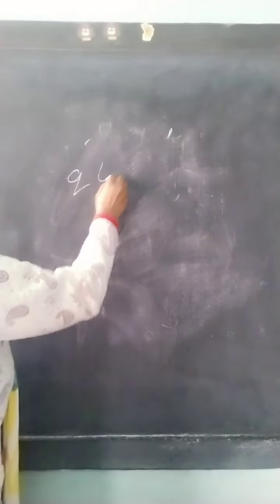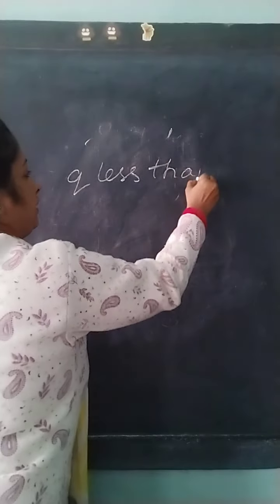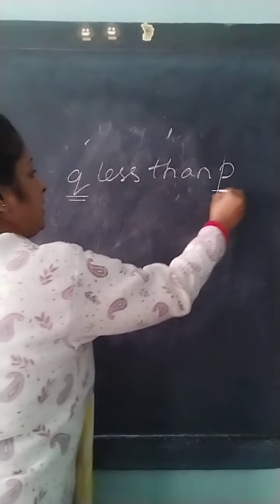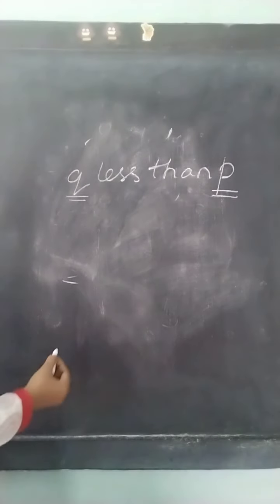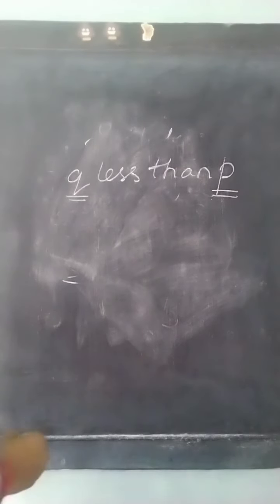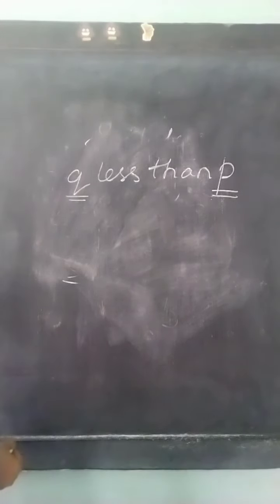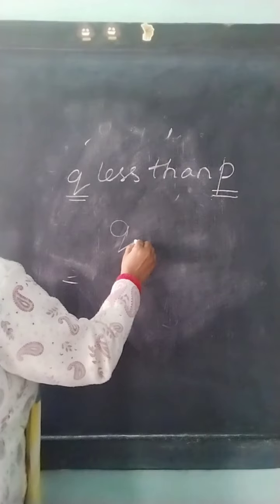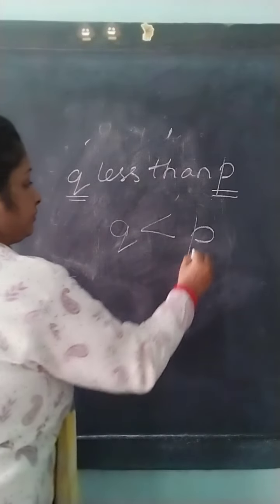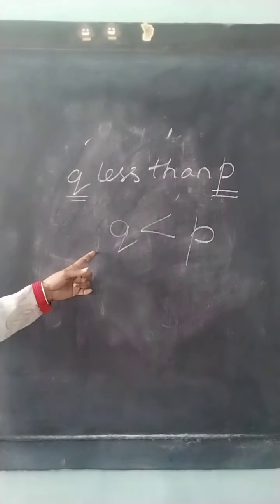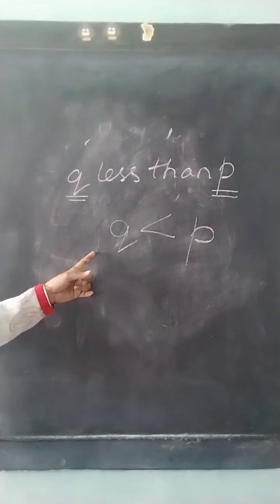Suppose it is given to you that Q less than P. So Q is an alphabetic symbol, an algebraic variable. P is also an alphabetic symbol or an algebraic variable. Simply this is expressed in words and we have to express this in operation and in symbols. So we will write Q less than P. In this way we will express the numbers, the digits, the alphabetic symbols.